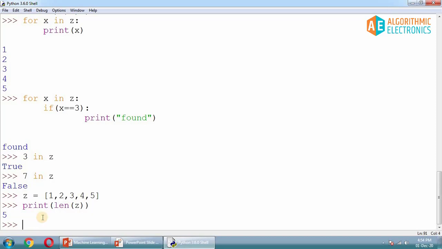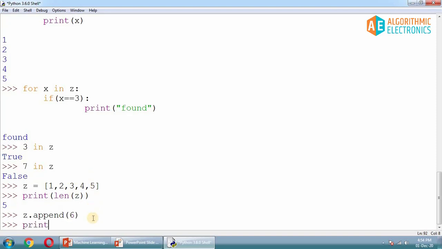Yes, it is possible using the append method. If you write z dot append and specify the value, let's say 6, I have to append 6. As it is append, it will always add at the end, and if I hit enter here, no problems.